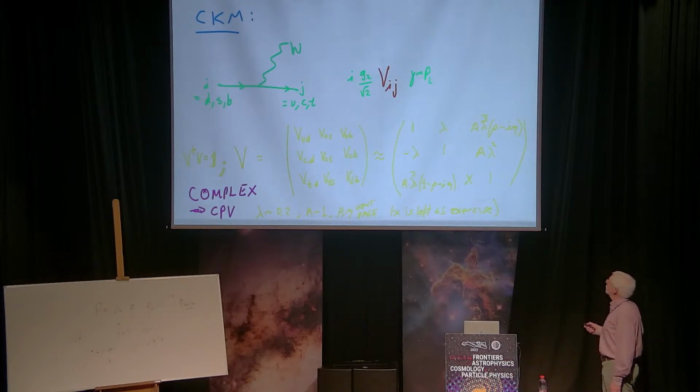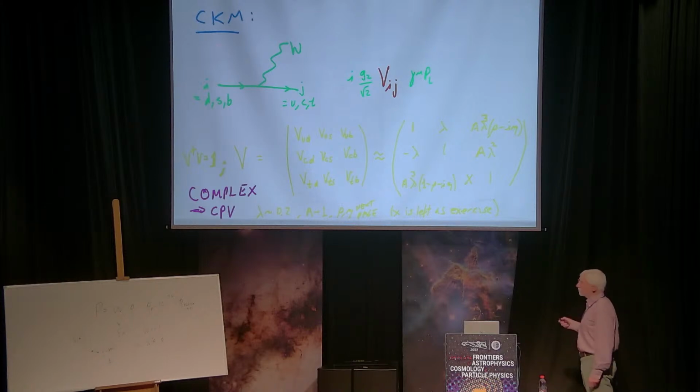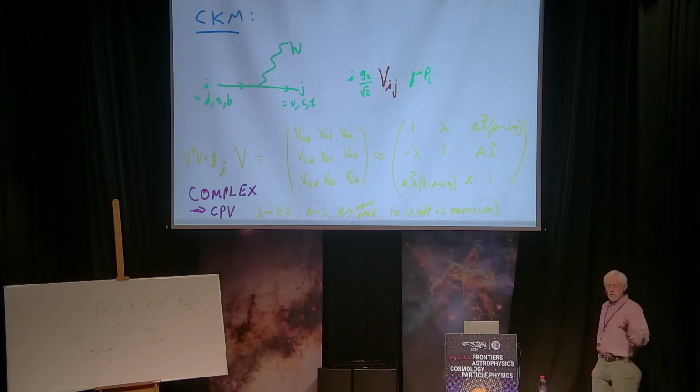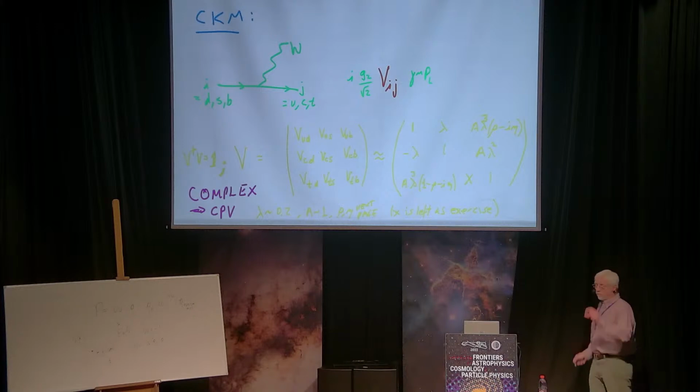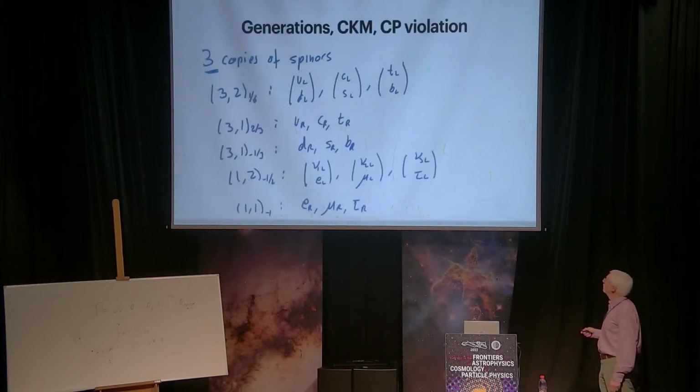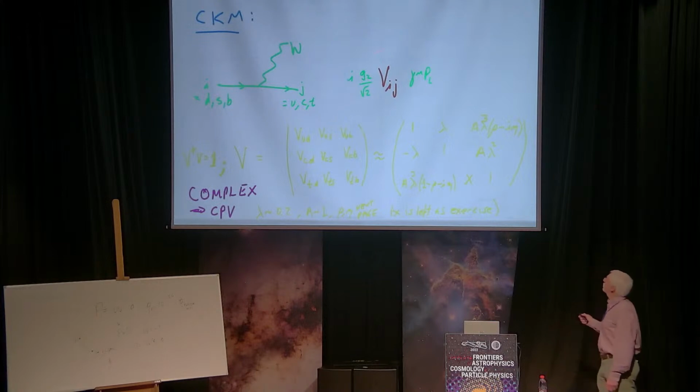And one thing that happens in the standard model, as a result of the fact that you have 3 generations instead of 1, is that the coupling of the W, and only the W, none of the other fields, to the quarks, and only the quarks, not the leptons, is not just this g2 over root 2, and it doesn't just go from one doublet to itself. It can actually connect, say, the upper component of a doublet to the lower component of any one of the other 3 doublets. And there's a coefficient that measures by how much that happens, this Vij, that tells you